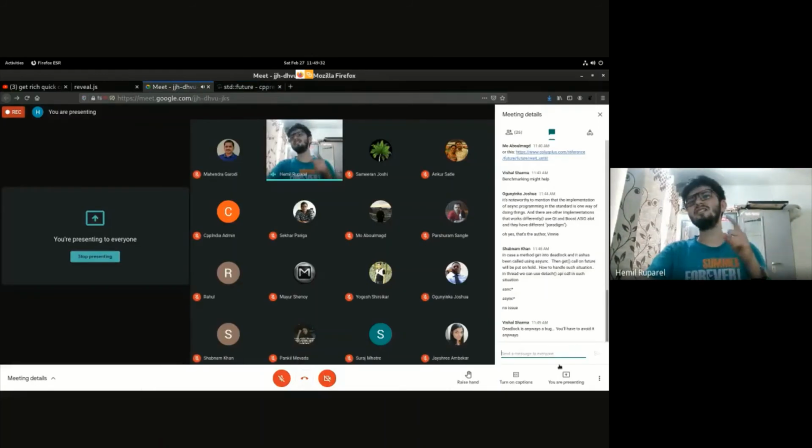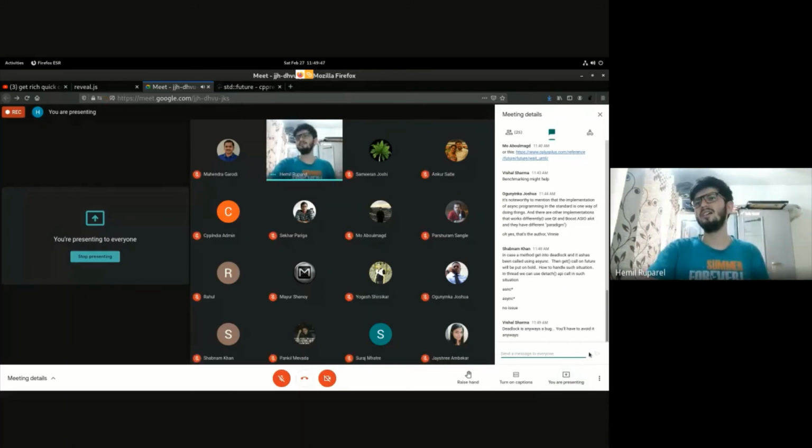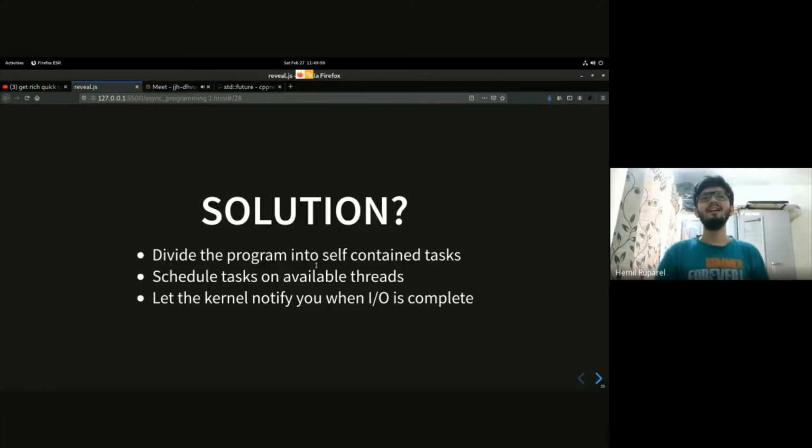And deadlock is in general a problem. So there are thread sanitizers available that you can use. You will have to use some kind of static or dynamic thread analyzers that will analyze your program and let you know of the deadlock. So there's that. And I was on kernel level input output. Linux has support for asynchronous IO. Yes, thanks, timeout will help. I'm not sure about Windows, but if we want to be truly asynchronous, we need kernel level support. There's no way around it.